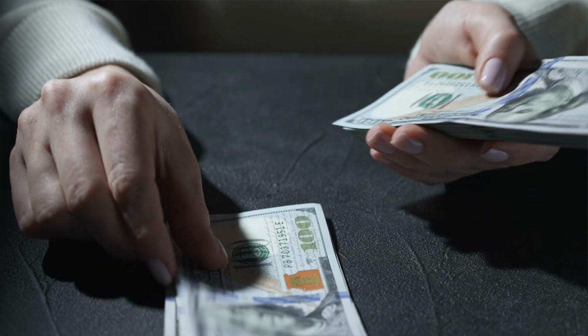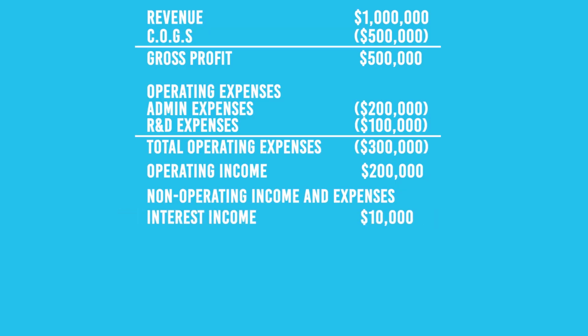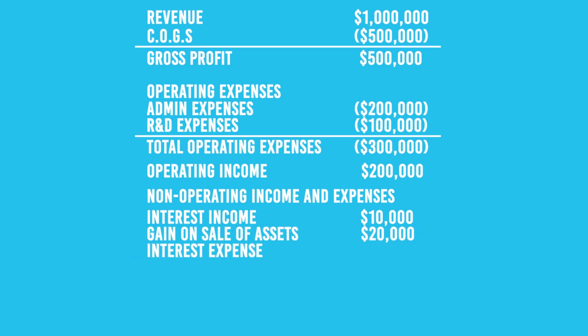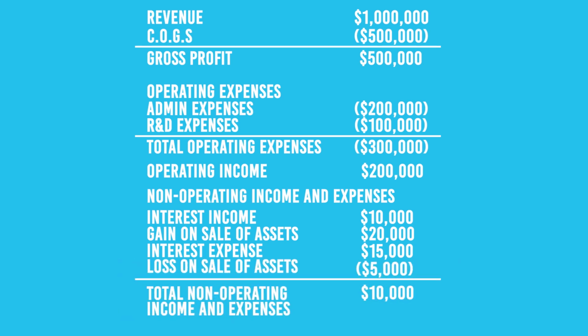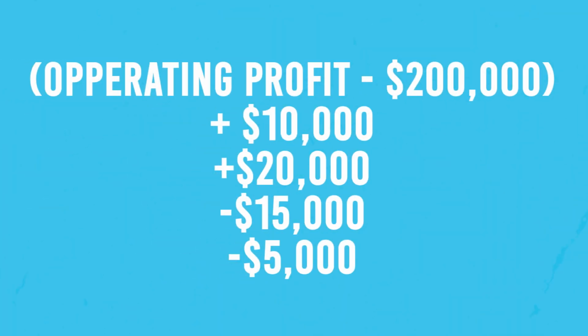Beyond your operating income, you'll have your other income and expenses. These are things that are generally not related to your main operations. So to explain with some examples, let's say a beer co had interest income of $10,000 because it had some money invested somewhere. It also had a gain of $20,000 from selling a building. And similarly, it had an interest expense on loans of $15,000 and a small loss of $5,000 from selling some machinery. All of these incomes and expenses are more related to investing and financing activities, so not really part of the core business. So when we add all of that up with our operating profit, we get to our net income before taxes of